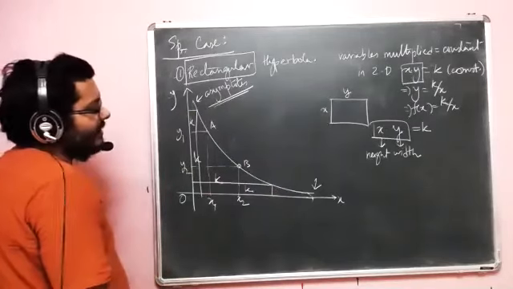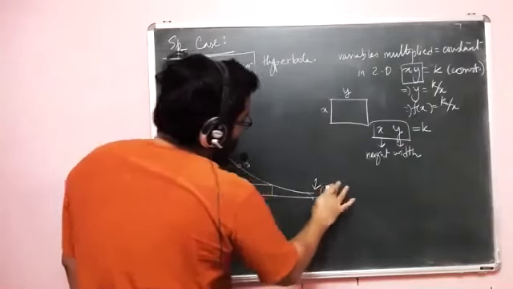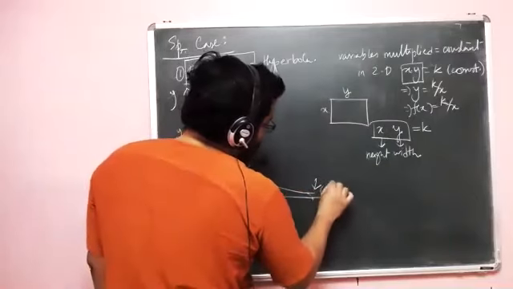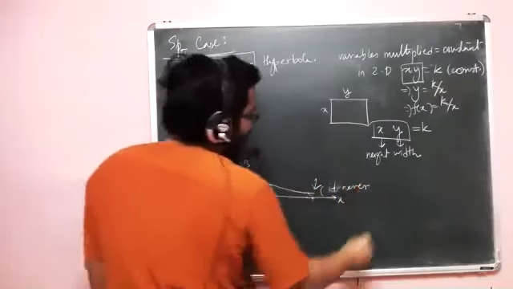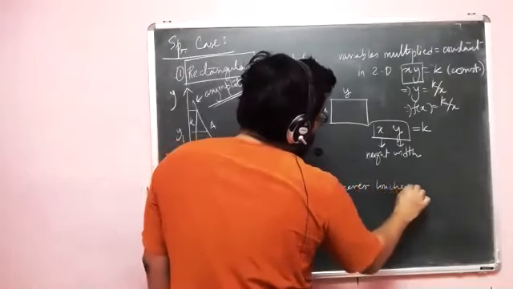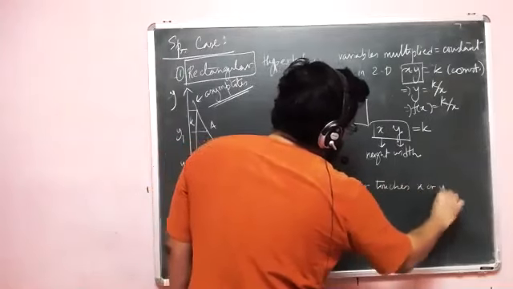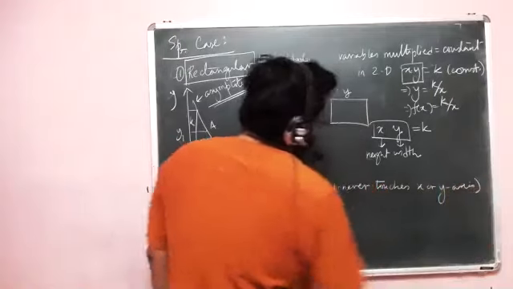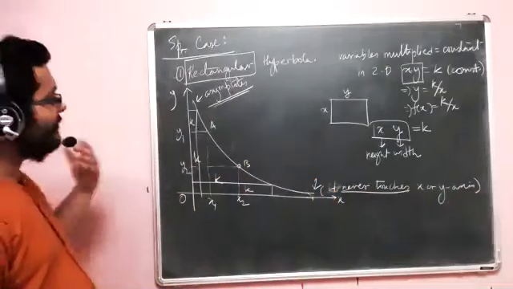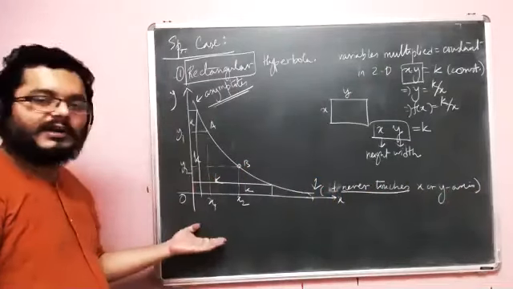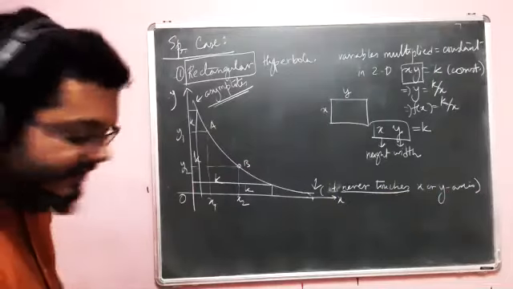Remember, when you are drawing it, never let this touch this axis because they do not touch. That's the idea. It never touches the axis. The moment you make it touch the axis, you have drawn something else. It never touches the x or y axis. The idea of an asymptote is related to this. So this is how a rectangular hyperbola looks, and from this feature it gets its name. The other two are pretty simple.